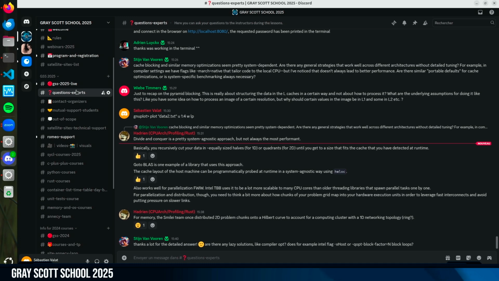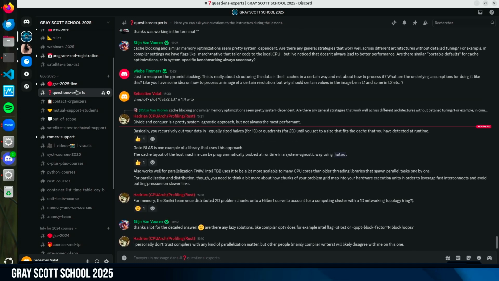Is there some lazy solution like compiler optimization that does the blocking factor in the Intel compiler? The compiler, no, you cannot play too much with that. I don't know. The problem is that the blocking size, the blocking way, is mostly dependent on what you are programming. This is a bit on your side, not too much on the compiler side to guess what is good. And to make it on the compiler side is very hard. So for this, I will not trust the compiler, as Adrien has said.